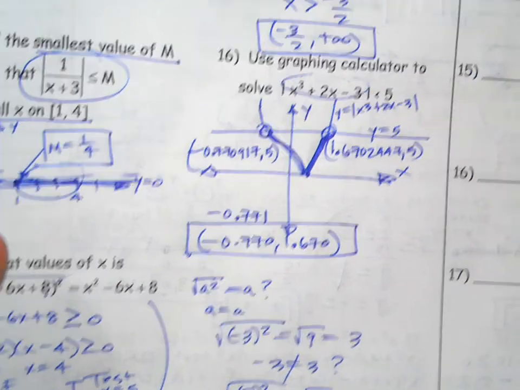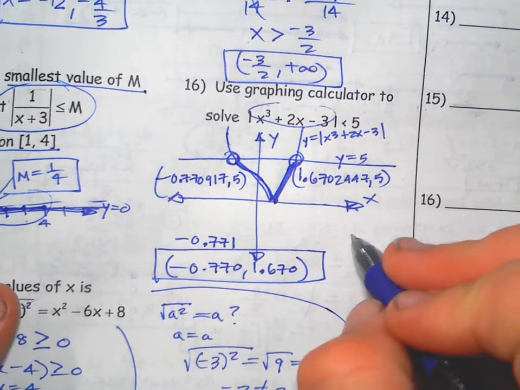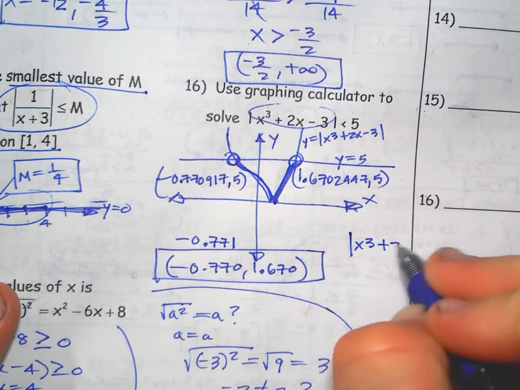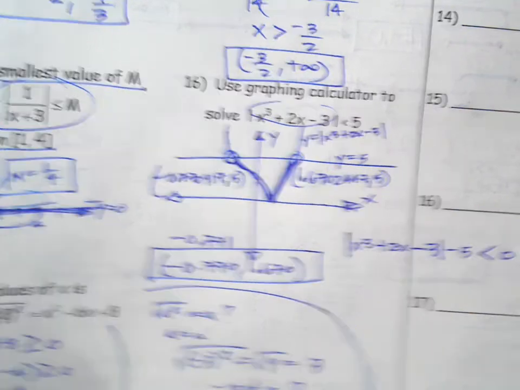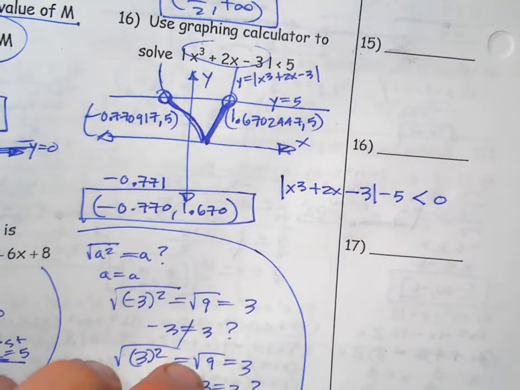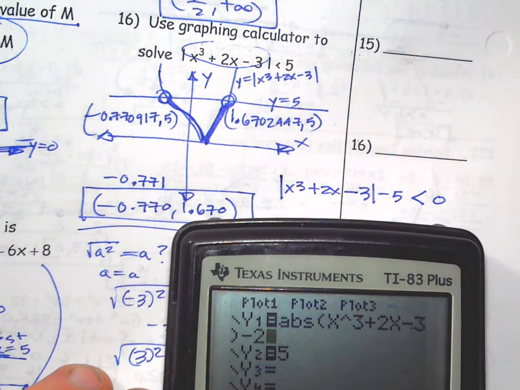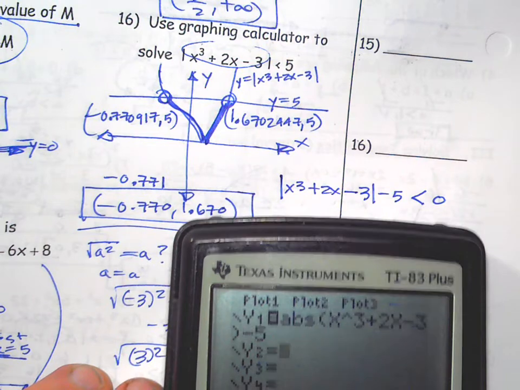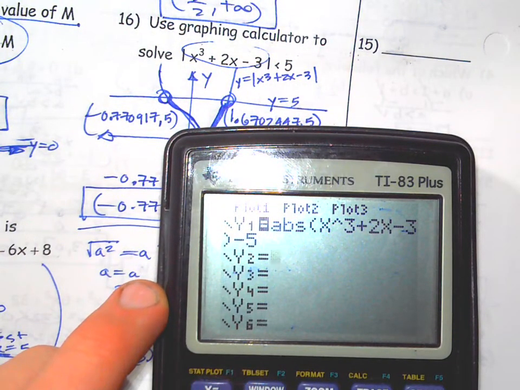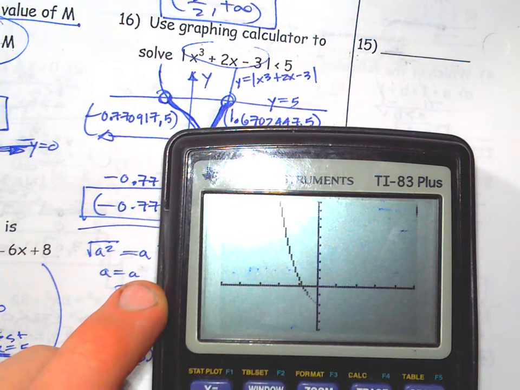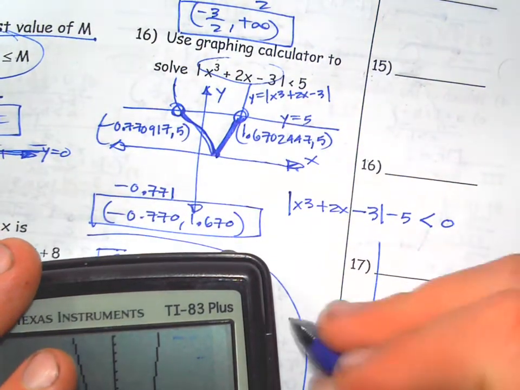But what I would suggest, probably a better strategy here in general, this one it worked out, it wasn't too fine, is to move everything to one side and graph a single function, which is just less work, and then figure out where that function is below the x-axis, which is much easier to identify. So if I do that on the first problem, I would have just graphed this one combined function, and so I graph it, and it looks like this. It looks like the first graph, but shifted down. So you'd sketch that